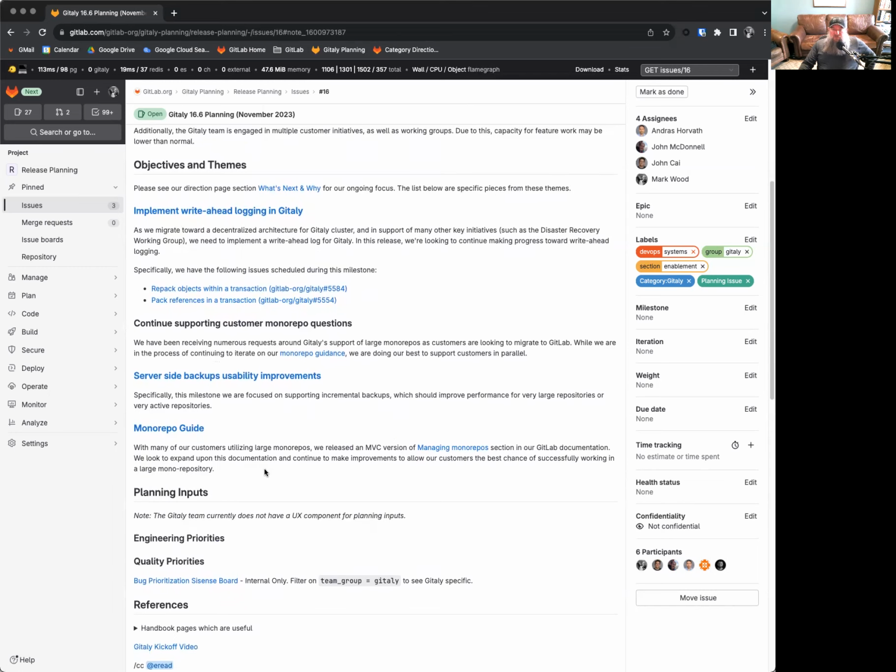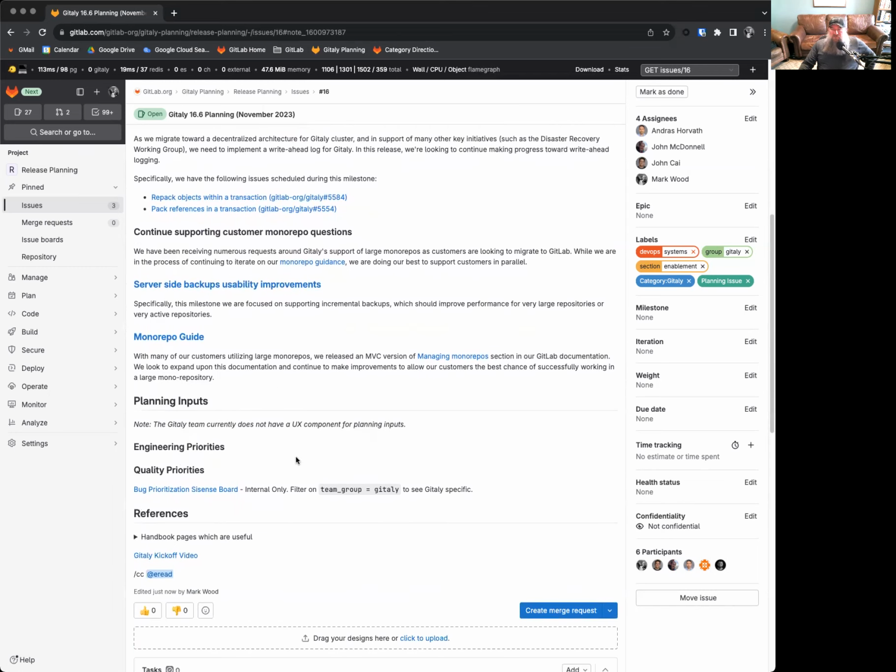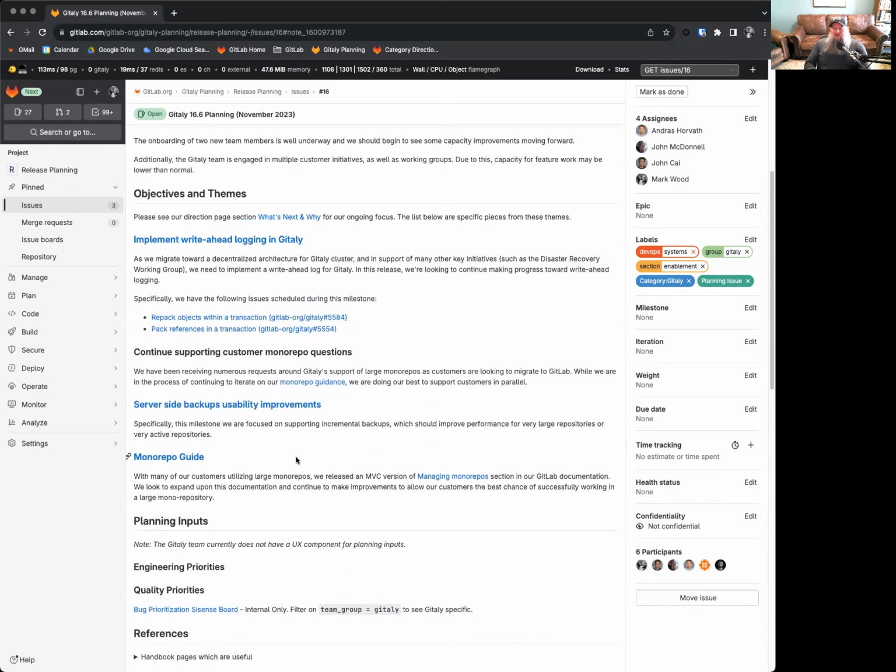Finally, the engineering priorities, though not explicitly listed here, is we are still continuing to iterate on our RPC documentation. This is an internal goal, and we're trying to figure out how much additional capacity we'll have. Planning for this release occurred a few days earlier than is normal for us, and therefore we're not 100% positive how many of those issues are going to get picked up in 16.6 versus 16.7 because we're not sure quite the carryover from 16.5. However, we will continue to support additional work on the RPC documentation.